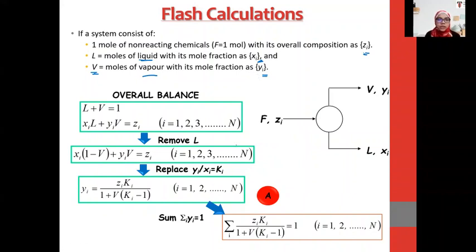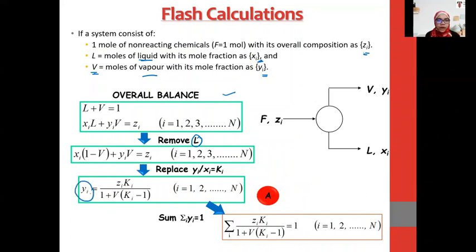So this is the detail about it. Okay, we have the overall balance as I explained previously, and then by removing the liquid, in order for us to simplify our equation,